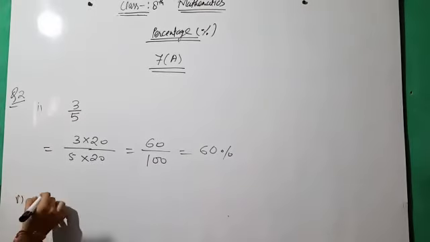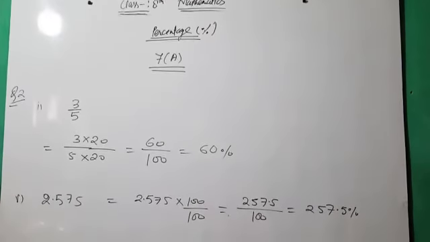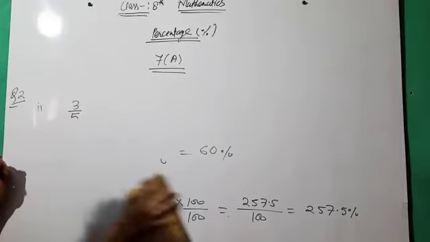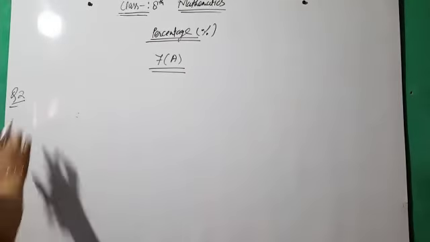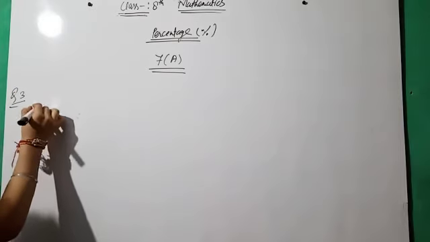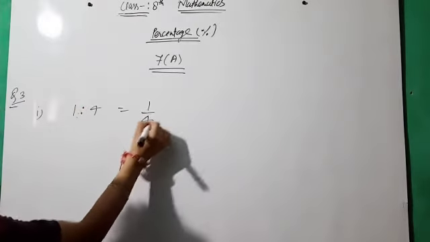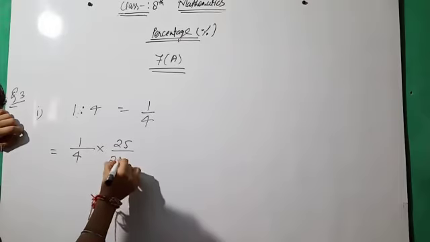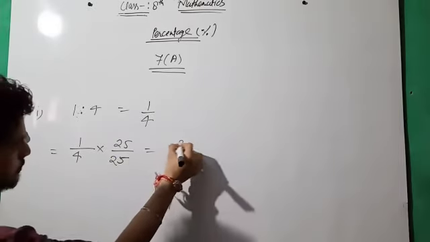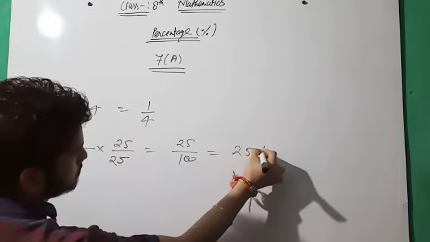Now third question, express each of the following ratio as percentage. Okay, रेशियो को हमको कन्वर्ट करना है इन द फॉर्म ऑफ परसेंटेज. Okay, question number third, the first ratio is 1:4. 1:4, we can say that this is equal to 1/4. 1/4, if you have to convert this value as a percentage, we know if you multiply 4 into 25, then it becomes 25/100. It means it is equal to 25%.